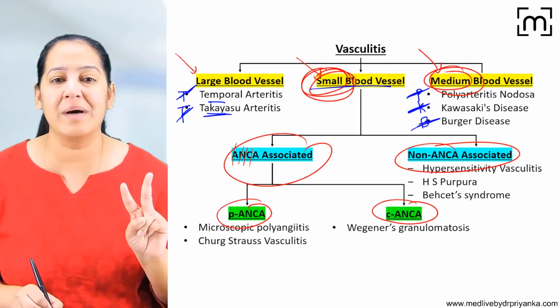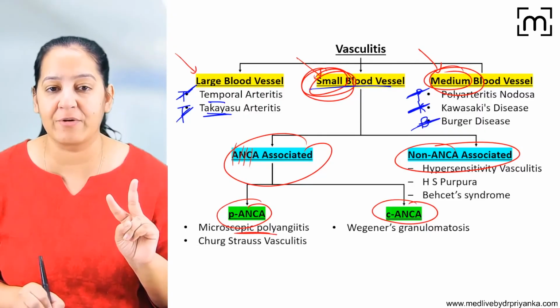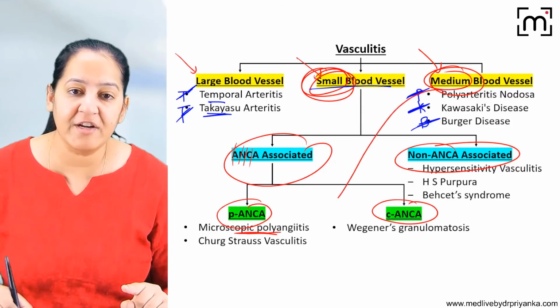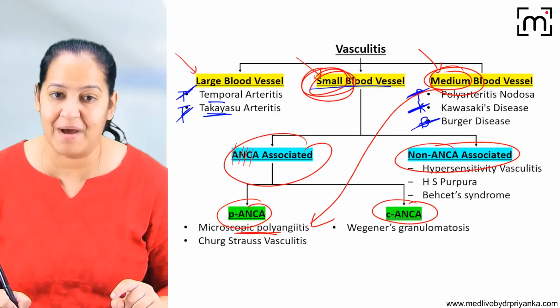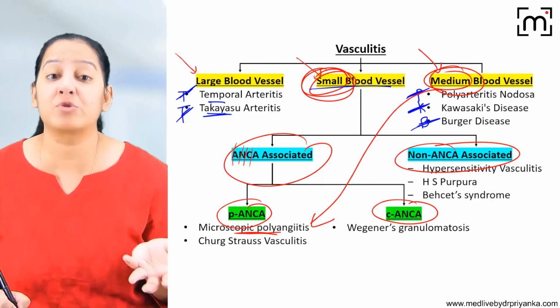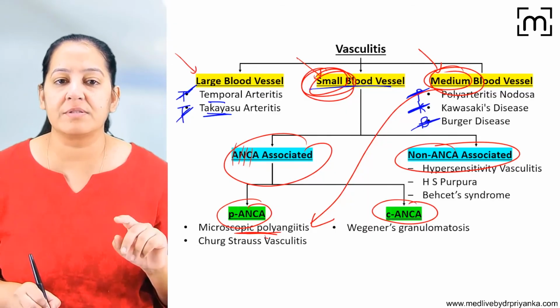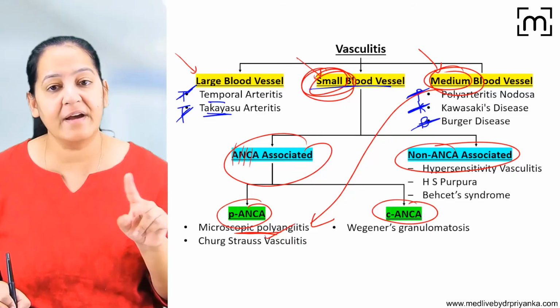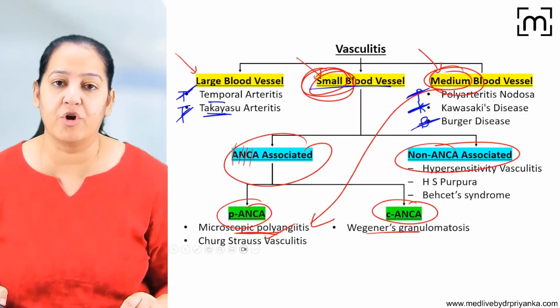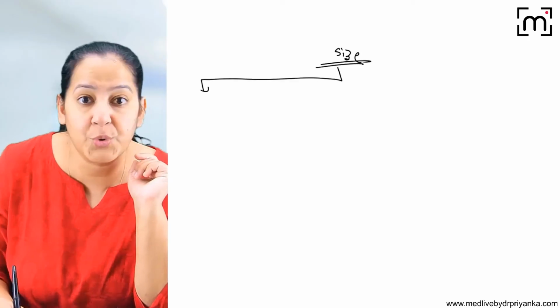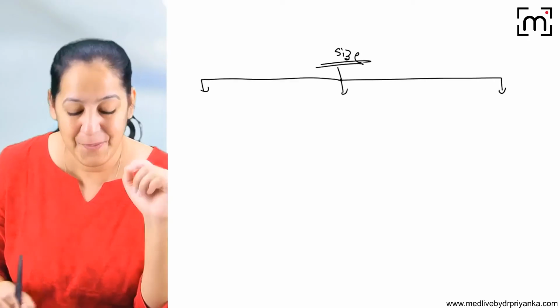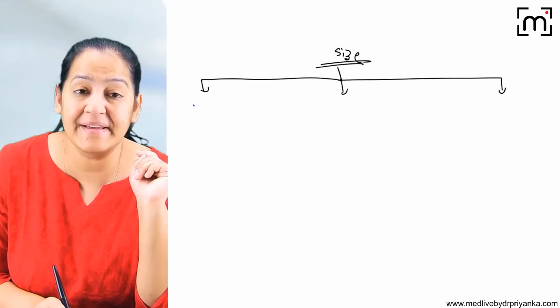There are 2 vasculitis which are P ANCA positive. Microscopic polyangiitis, which is a variant of classical polyarteritis nodosa, that is classical PAN. It is a variant of PAN only, the microscopic PAN. And the second is the Churg-Strauss vasculitis. And C ANCA is only one, that is Wegener granulomatosis. So first we will learn the classification. Based on the size of the blood vessel, we divide the vasculitis into 3 categories. What are the 3 categories? The 3 categories are large vessel,